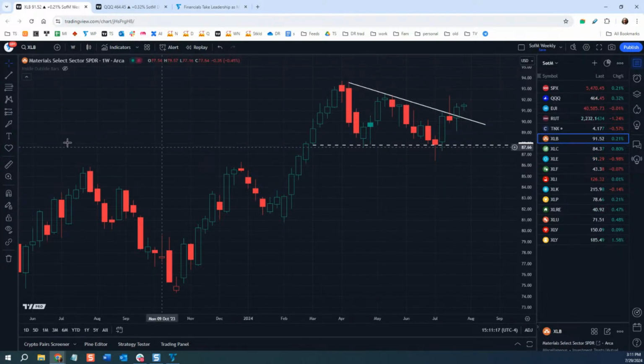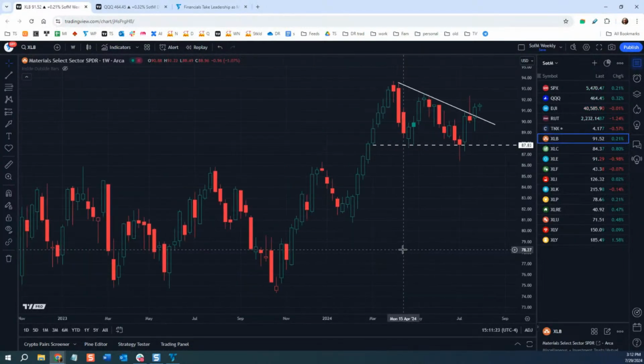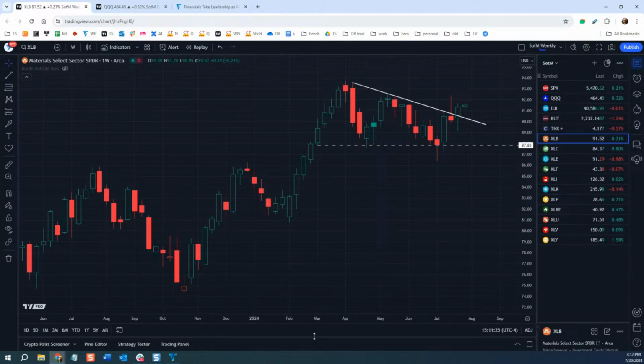It's trying to break this downtrend, but at this point in time, this level around 88 has just been moving sideways. When I look at this, it's still a spot where it doesn't have any particularly clear signals. It's interesting to see it trying to break the trend line. But at the same time, if you look at what's happening in copper and things like that, it has not been necessarily super strong.